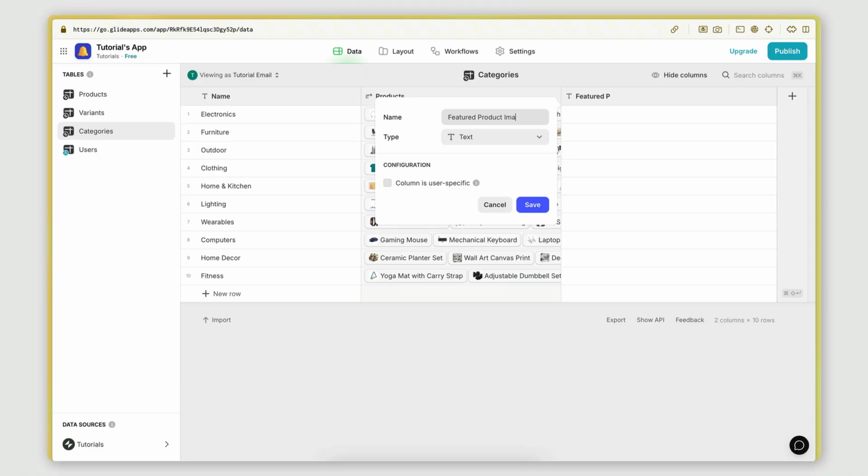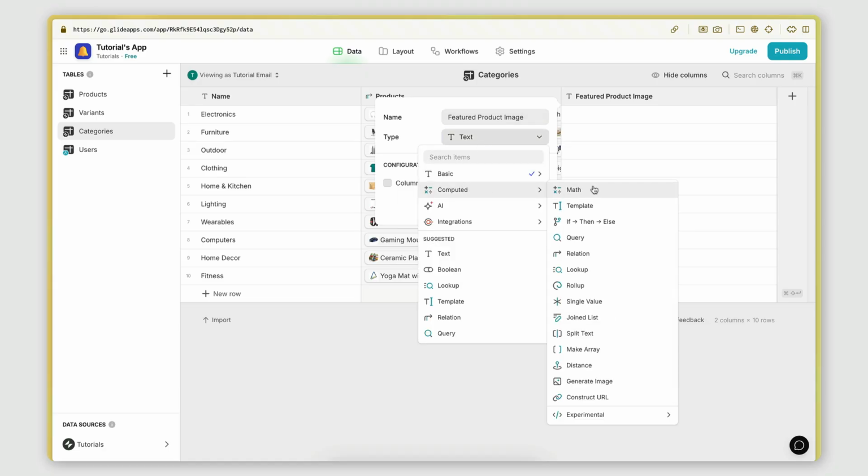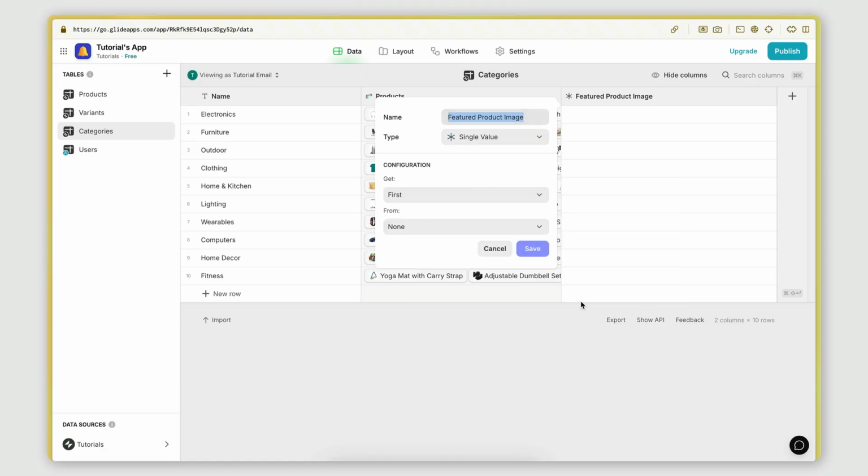Featured product image. And I want the type of this to be computed single value. And I want to get a random element, like a random product from this list here. I mean, you can choose. You might want to get the first one or the last one. I want to do a random one, which means every time the app loads, the featured product image will change,